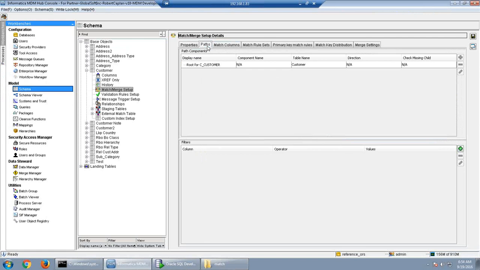So why do we need columns from another table for matching purposes? I am in the customer table. In the customer table, I have only 3 columns: first name, middle name, last name. So I cannot match based on the customer columns alone, because there are a lot of customers with the same first name, middle name, last name. So in this case, I need columns from other tables as well, like the address table. Customer's name might be the same, but their addresses might be different. So using that, we will be able to identify accurate matches.